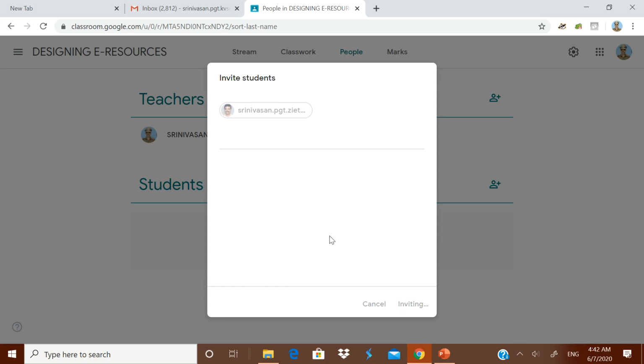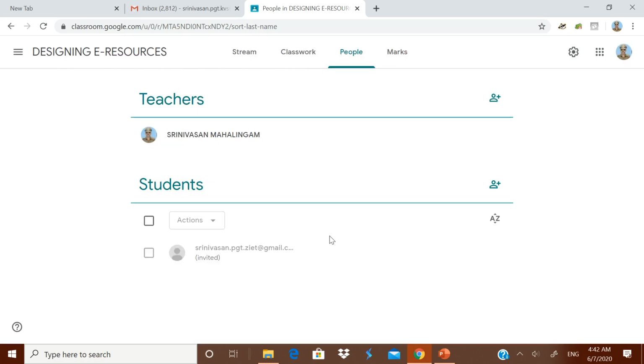Now this email will get one invitation. All of you might have seen that invitation come to your Gmail, and you should have opened it. Okay, this is the way to add students. Any number of students you can add. Remember, you can delete the student also. For example, you can take it and email it, or you can remove it also. At any time you can add or remove the students.